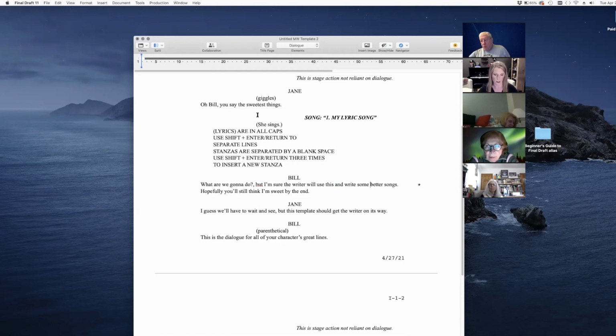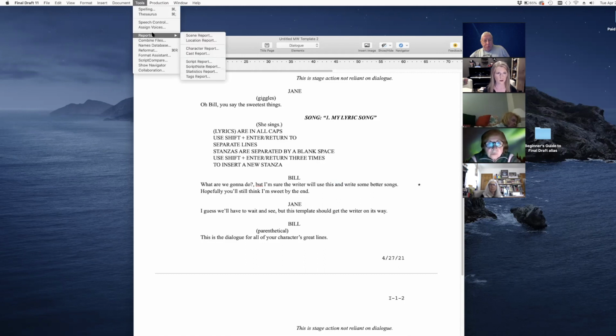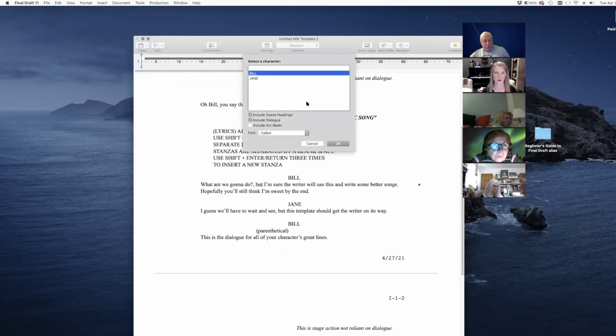Okay, the last couple of things, and I know this is a lot, but I just want to show you some of the good features if you're trying to decide if you want to use it as opposed to Word. Something that it's got that's pretty cool is if you go under Tools, there are some reports. This is kind of like those charts that we saw earlier. So if you go to Character Report, and we want a character report for Bill,